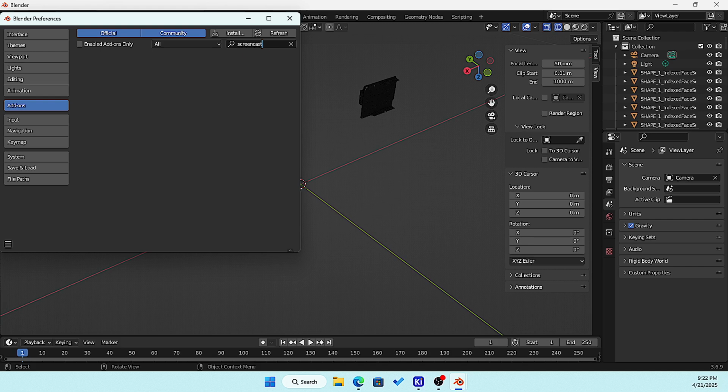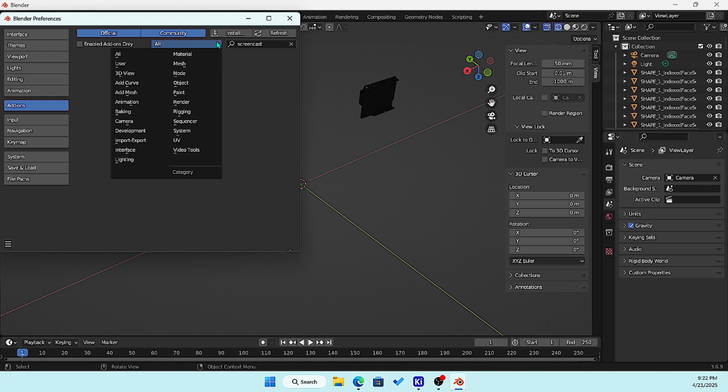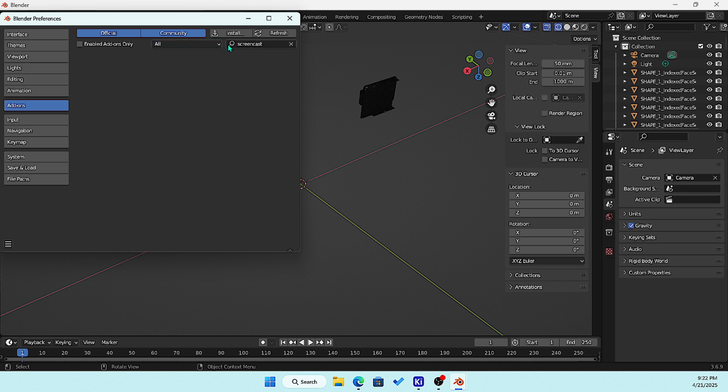So click, select tab add-ons, select all, refresh, search, community, navigate, click,